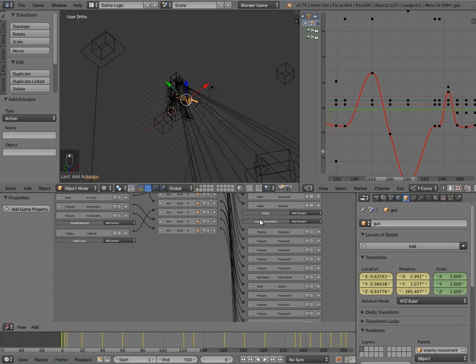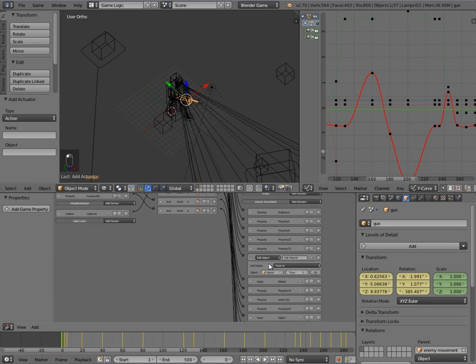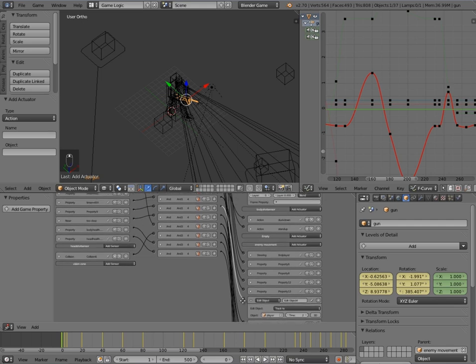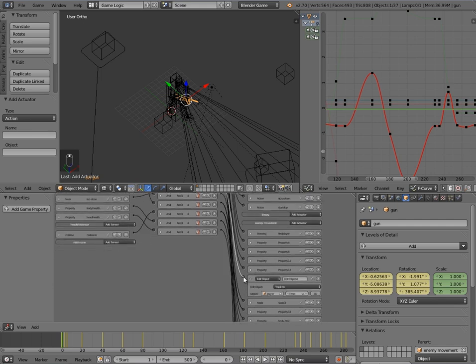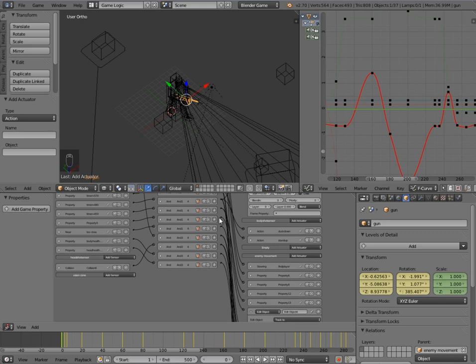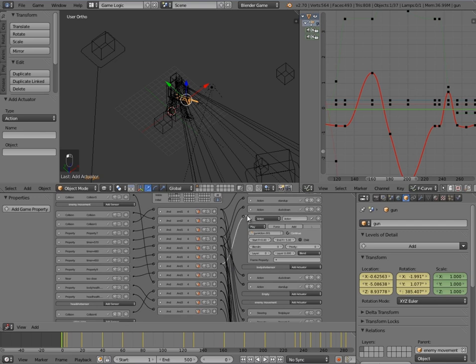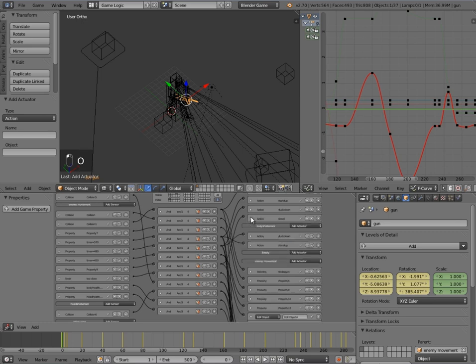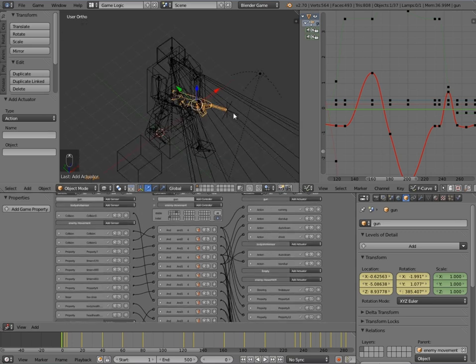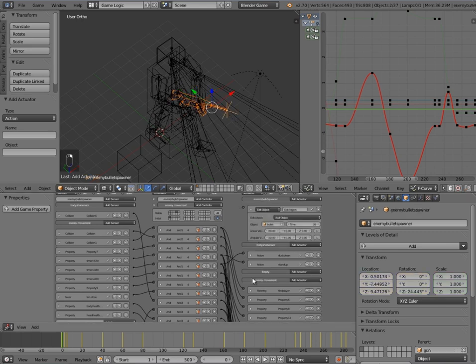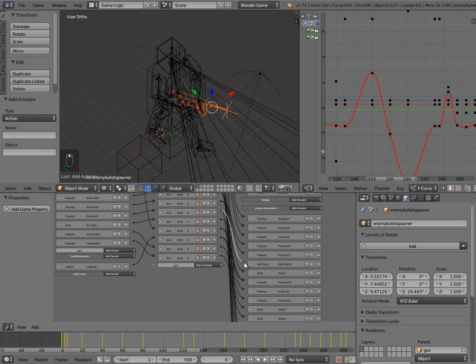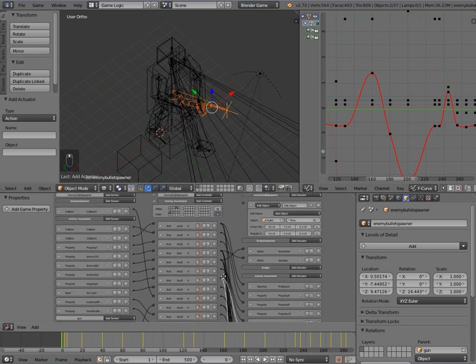So if we go along to our enemy movement, find our edit object, our track 2 here, and go to the top, find it again, this AND controller here, so this one right here, as you can see it's joined to the track 2, and we're going to join it up to our action. Then I guess you can call this shoot, minimize that. Then what we can do is hold down shift, select our empty here, and we'll scroll down, there's our edit object, there's our AND controller here, and we'll join this up to our bullet spawner,